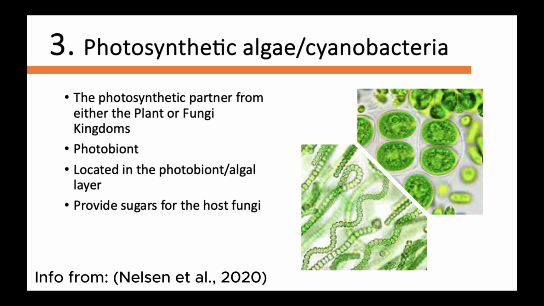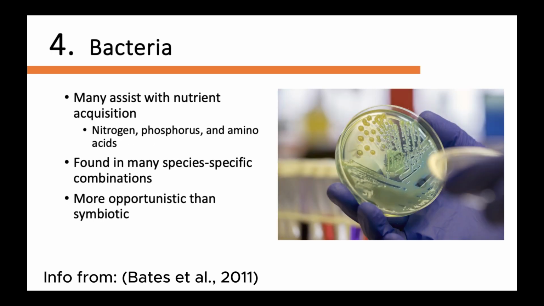Cyanobacteria are beneficial to lichen because they are also able to fix nitrogen from their surroundings as an important nutrient contribution. Bacteria are also included in the lichen ecosystem and continue to be researched and discovered as beneficial contributors. Bacterial colonies within the lichen can be found helping with nutrient acquisition from the environment, such as nitrogen, phosphorus, and amino acids. Bacteria can be found assisting green algae with nitrogen fixation from the atmosphere, as the algae is unable to.